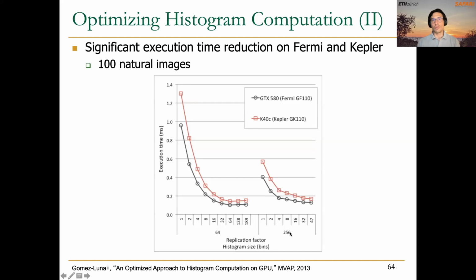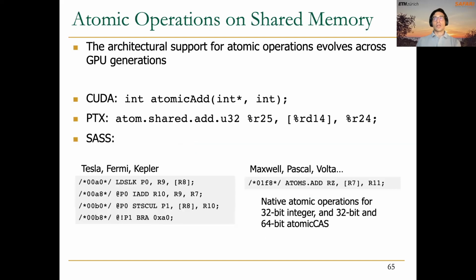In the case of 256, up to 47 subhistograms per thread block. Remember that we are using not only this replication of the privatized copies, but also padding, and you can see how much the execution time reduces as we increase this replication factor, producing a very interesting performance improvement. The thing is that for Maxwell, the hardware itself improved greatly because atomic operations started to be supported